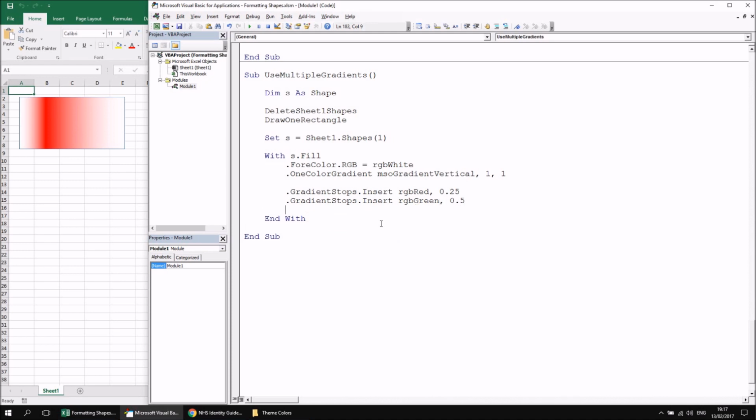And then let's just go the whole hog. Let's do blue as well. So dot gradient stops, dot insert, and then the next one will be RGB blue. The 3 colours, RGB of course, that's why I'm doing this, and then say 0.75. Okay, so having done that, if I were to just run that entire subroutine at this point, I'll end up with a fairly hideous looking shape, to be brutally fair, but hopefully that demonstrates the principle of how you can